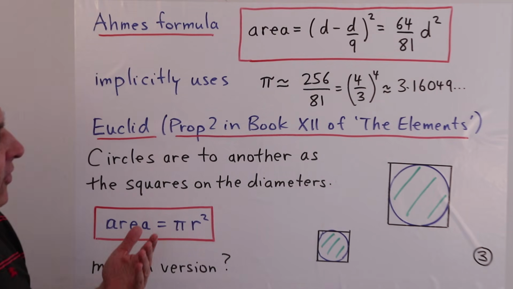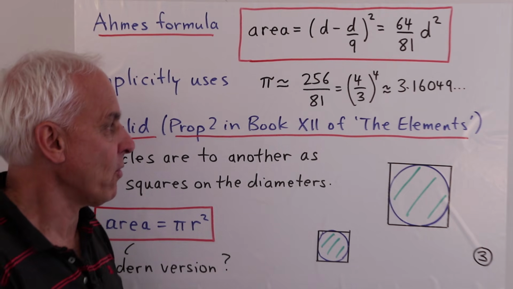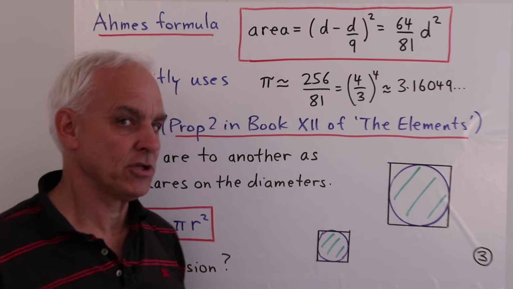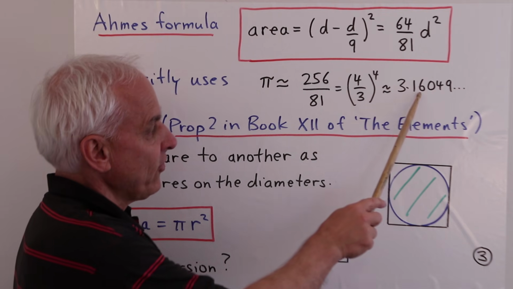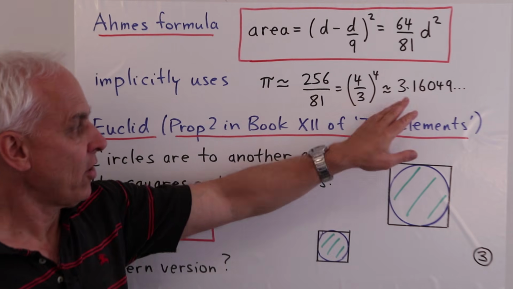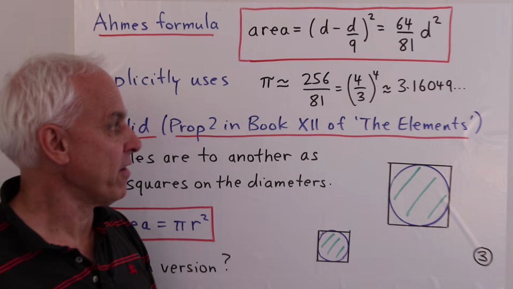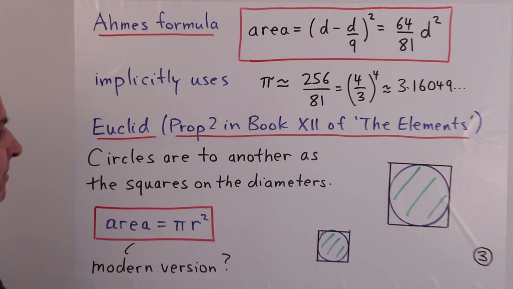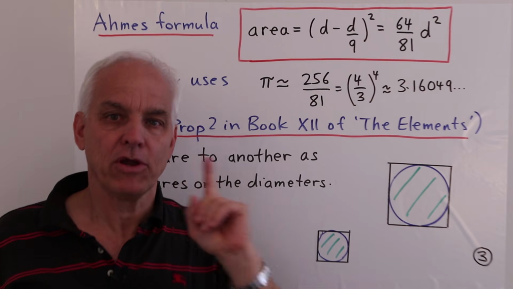That's then 64 over 81 d squared. And implicitly, this is using a value of pi, which is, as you can check, 256 over 81, which turns out to be 4/3 to the 4th. And that's approximately 3.16049. So that's not too bad an approximation to pi, which is usually 3.14159, etc. So that's quite an impressive, very early